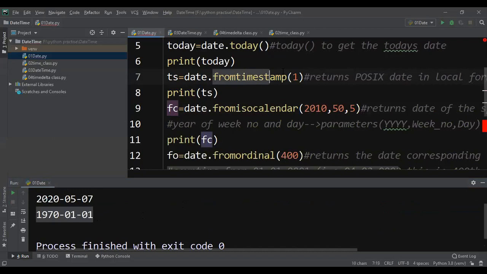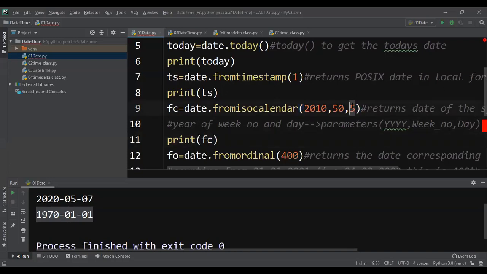Now, like from timestamp, we have another function called from ISO calendar. What is this ISO calendar? It will take three parameters: one is year, then week number, then day. If you give the year, the week number in that year, and the day, for example, I want to find out the 5th day of the 58th week in 2010.